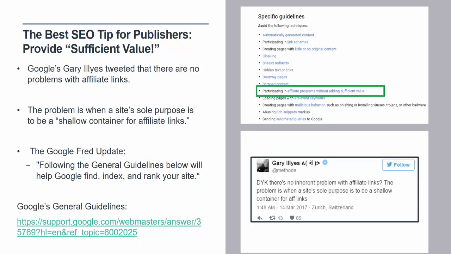So as you stare at this slide and hear my voice on this one, I'm going to go ahead and say, if you take one message from this SEO basics course of 2018, two words for you: sufficient value. Think about those two words as you create every single page on your website. And I mean every page. Ask yourself, does this page provide sufficient value?